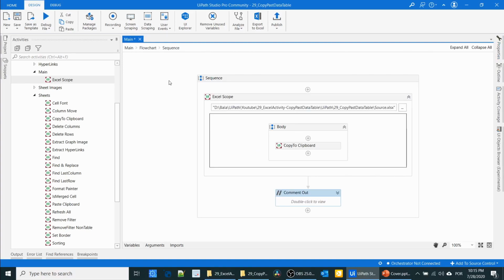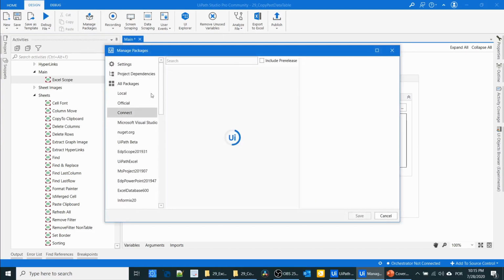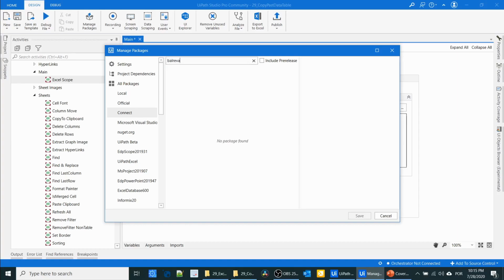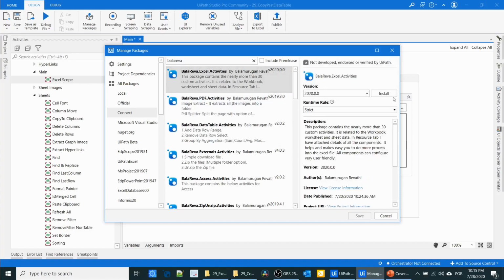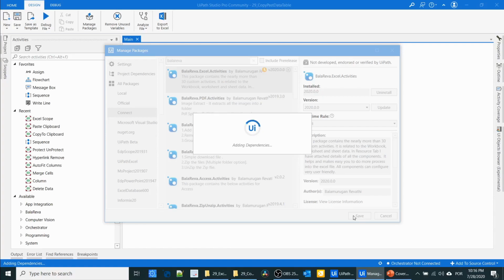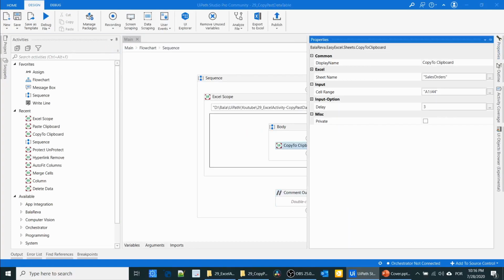To get the clipboard data as a data table, you have to install the Balareva Excel package. Select the package, install it. Already we have the activity to copy the data to a clipboard.